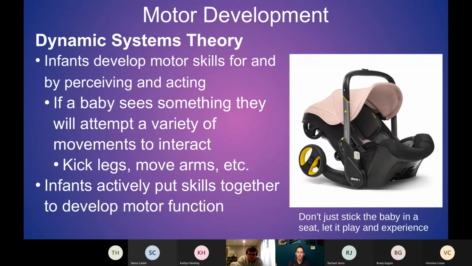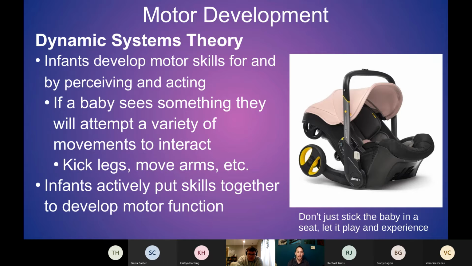And it looks really impressive. There's lots of stuff on it, but really pretty simple things that have a wide variety of shapes, textures, colors, sounds. Things like that that are more simple are going to be really great for a baby. So baby toys that look maybe boring are probably what is going to be the most useful for their development. So as well as that, don't just stick a baby in, say, a crib or a seat